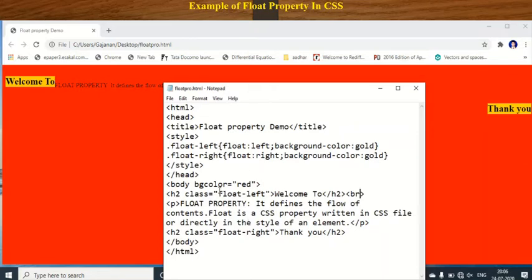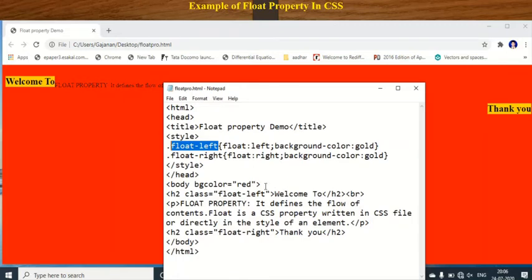So float left means whatever the text enclosed between this class, we have to set the float property here. That is it is shown on your left side. Okay, so float property is used to define the flow of your contents. Float property is also written in what? In CSS file or in a style of an element.